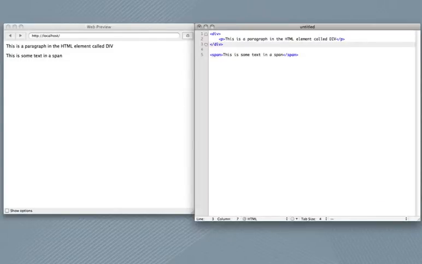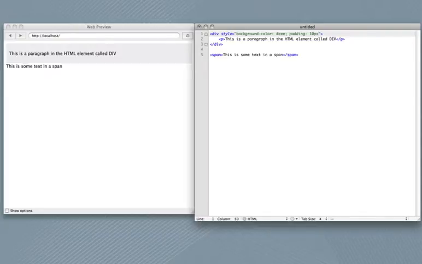So they don't really do anything by default, but you're going to see it a lot because designers use them, especially designers use them for controlling elements on the website. And I'm going to show you an example of that. Remember, we learned the style attribute last lesson, and I can say in this div the background color is going to be gray, like that, and I'm going to add some padding here, 10 pixels, and I'm going to add a border to it, 1 pixel solid, a little bit darker gray there,